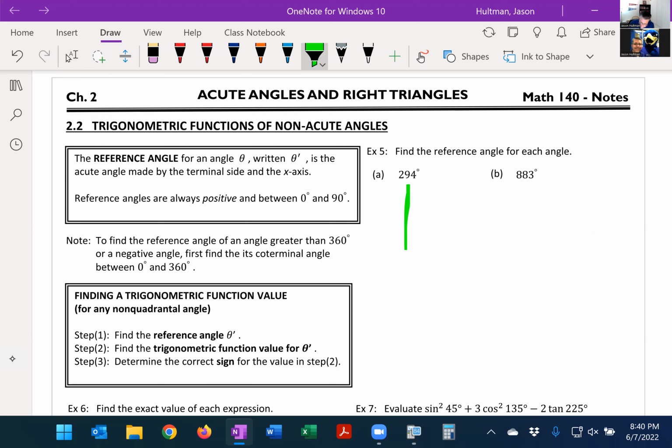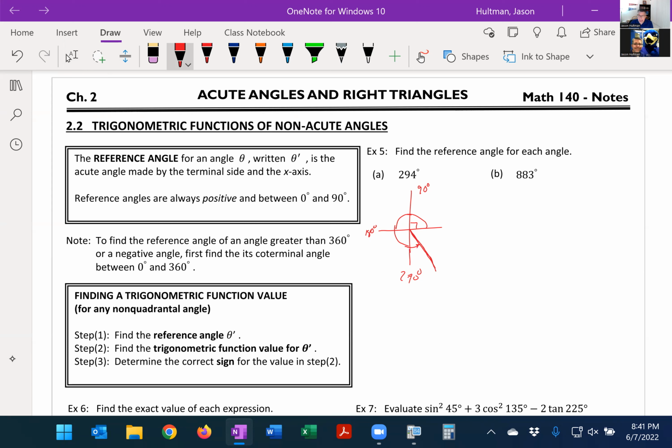if we look at this, we have, well, where's 294 located? It's actually located in the fourth quadrant here. Why is 294 in the fourth quadrant? Well, if we go 90 degrees, that's here. And then if we go to 180, that's here. If we go to 270, that's here. So we're going to go just past 270 to 294. Okay, we're going to go 24 past